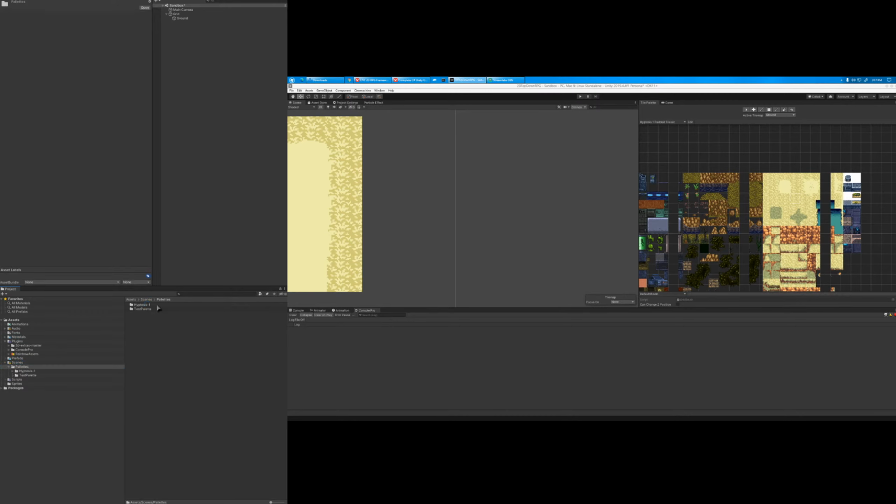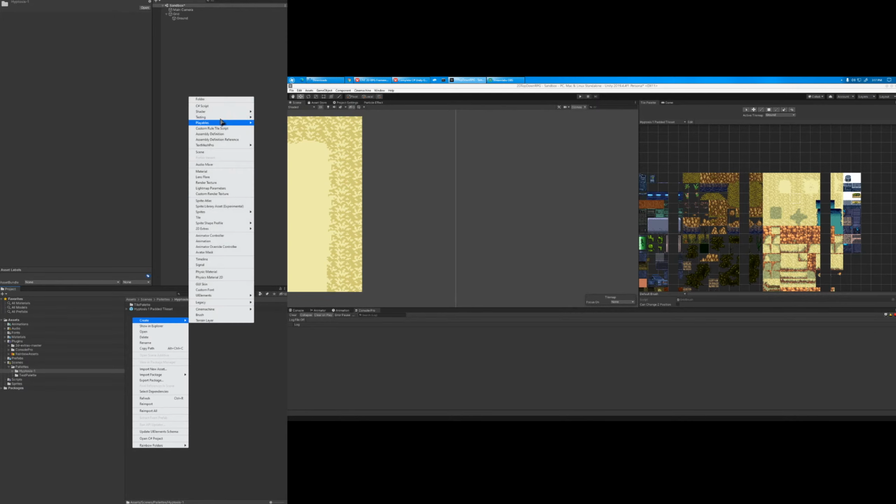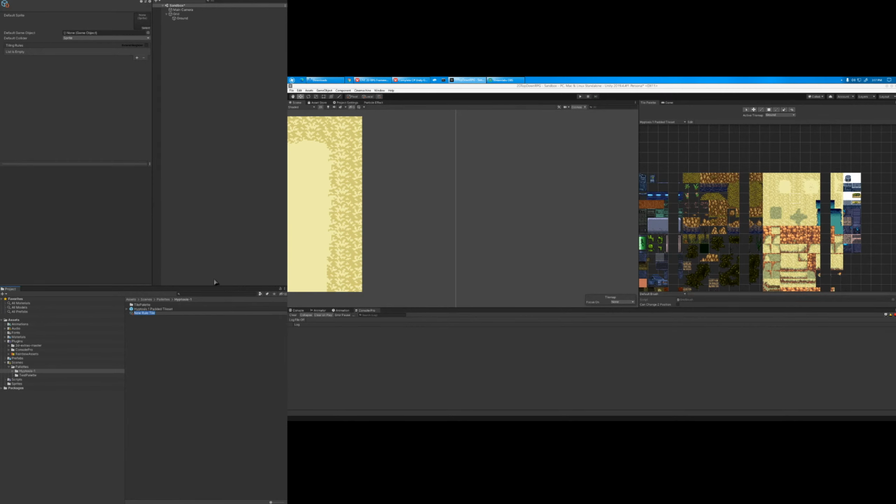So I'm gonna make a rule palette and a rule tile. We're gonna call it Desert Ground. And this is gonna be our rule tile. So on the left here, I believe we now need to select a starting sprite. I believe it should be